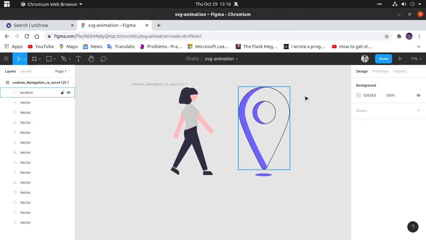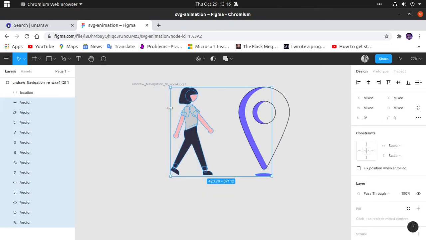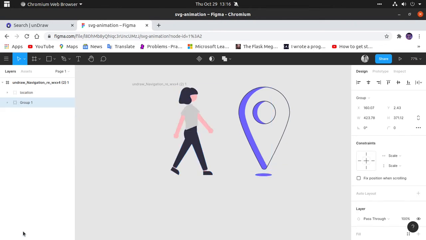Okay, so at first everything is grouped here. Now whatever things are left, just make a group of everything. So everything other than this is grouped. See, you can see that the object is not selected, but everything else is selected. So we will group it again.